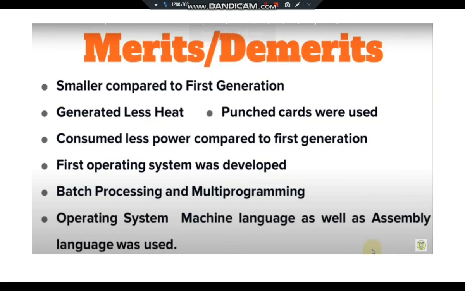So in machine language, how are we writing the codes? In machine language we use only binary numbers, that is zeros and ones. In the first generation we used only machine language to write instructions, that is zeros and ones alone were used to develop the program. In the second generation we use assembly language to develop the program. In assembly language we use mnemonics to write instructions, that is, short forms of instructions are used to develop program code. That is known as assembly language. So in the second generation we use machine language as well as assembly language to run programs.